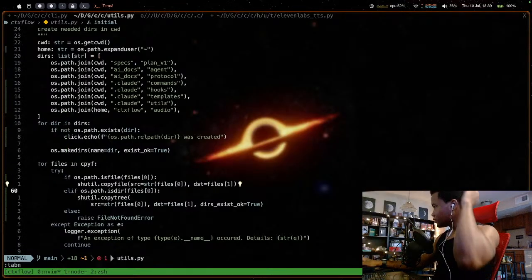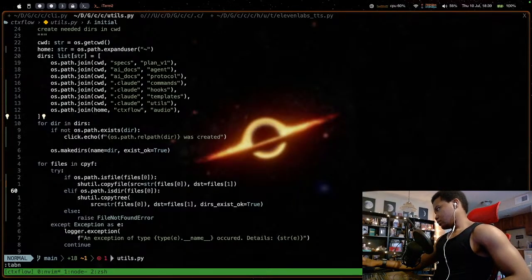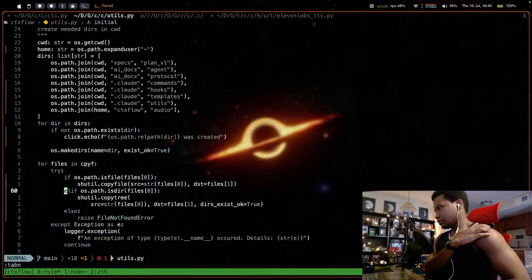Alright, so just make a directory. Okay, that's what I'm doing. So basically, I'm creating directories. Yeah, if the directory already exists, that's okay.